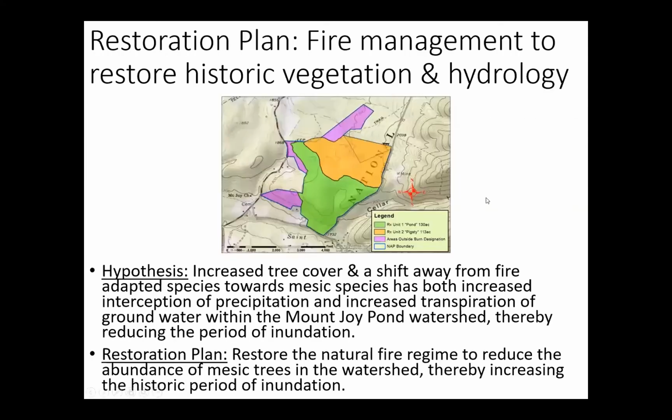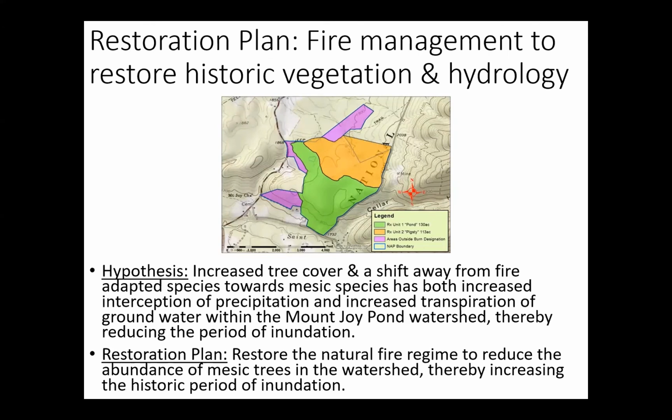Our hypothesis is that within the Mountjoy Pond watershed, this increase in the cover of white pine and red maple and other mesic species has resulted in both an increase in the amount of interception of incoming precipitation and associated evaporation of that intercepted precipitation, as well as an increase in transpiration by an increased density of mesic species such as red maple,